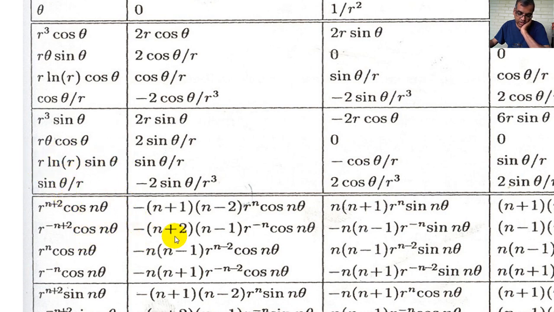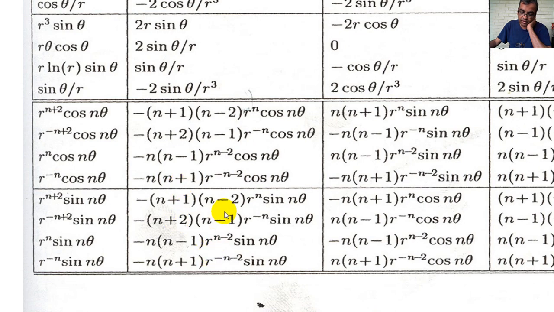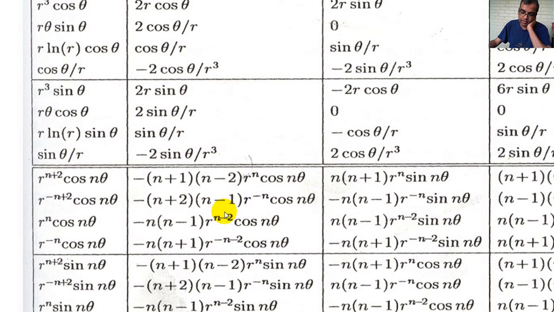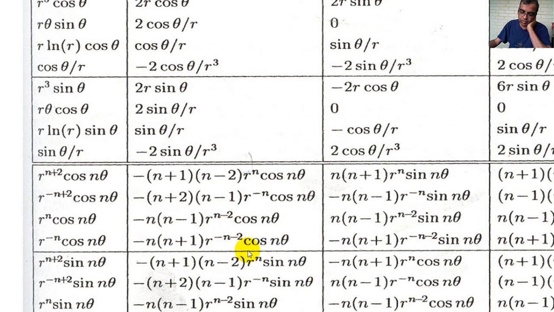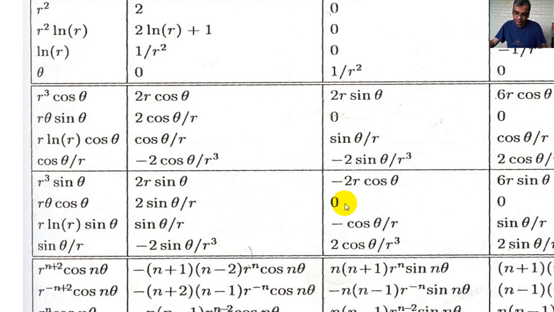None of these things will work. This looks like it might work because I got r to the minus n, and if I put n equal to 1, but wait a minute, if I put n equal to 1, n minus 1 goes to 0, so this is not going to work either. None of these things are going to help us for this particular problem. These all have n minus 2, that's not going to help. This has r to the n, that's not going to help. So this might have helped, but there's an n minus 1 there. So I got 4 possibilities.